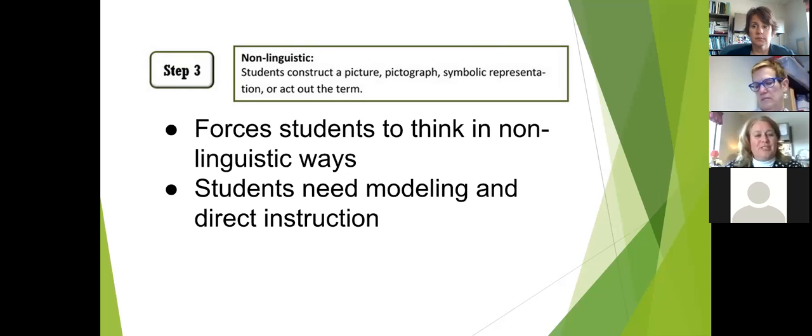The teacher needs to model and provide examples of rough sketches and drawings that represent the ideas. Allow students to work in small groups or in pairs, at least initially. This step does require a lot of practice.